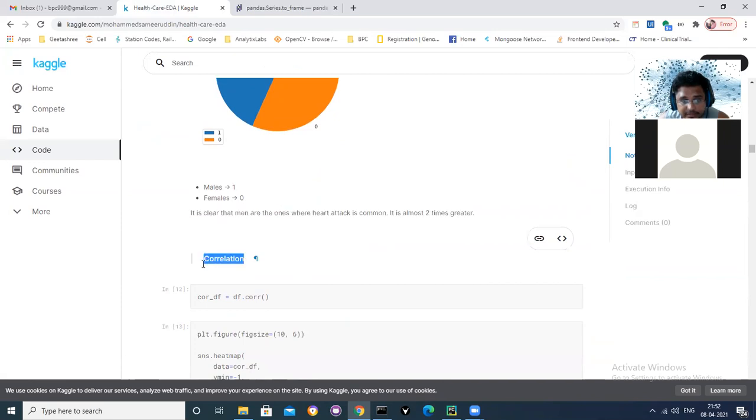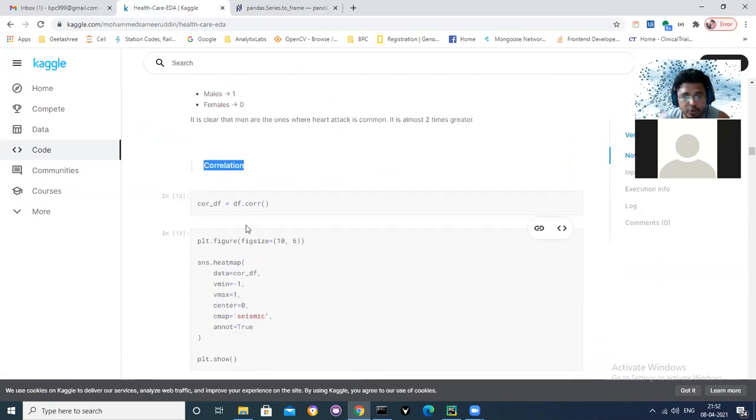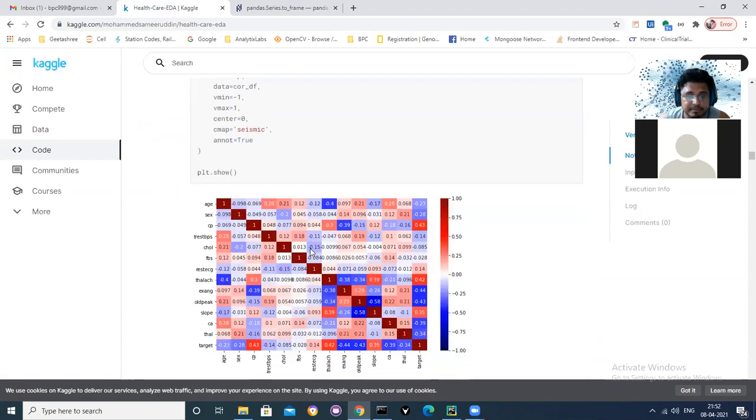Now correlation. This is also read, right? So we want to do correlation: df.corr(), the entire data frame correlation. Every column's correlation with every other column. See, 14 columns here, 14 columns here, right? So age to age will be 1. The diagonal will always be 1, understood? Because it is the same, age to age, sex to sex, CP to CP. But we are not concerned about the diagonal. We are concerned about the others.